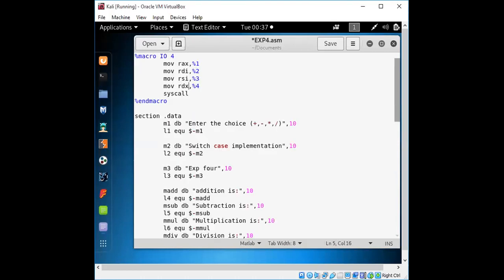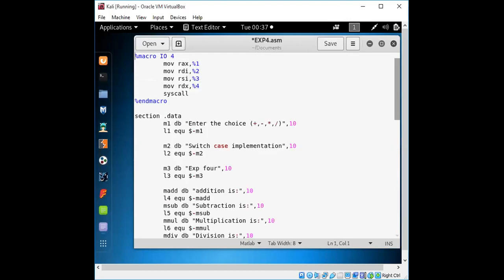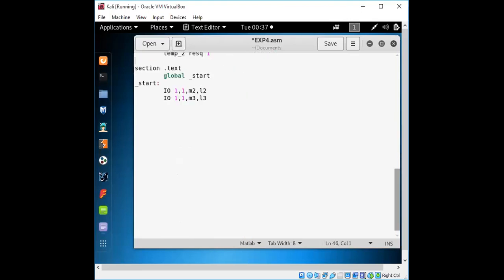I think it has been given with the switch case implementation, so we'll display the generalized message first. Message 2, the length 2, then the implementation is the next message with 3, and then we'll wait for the enter with the choice as a message for display.